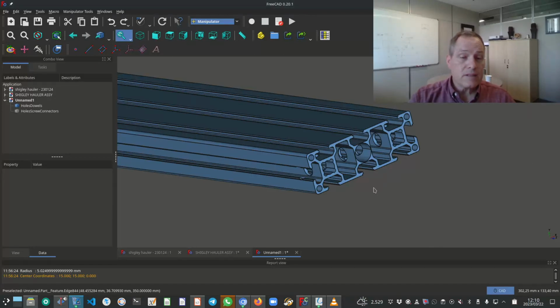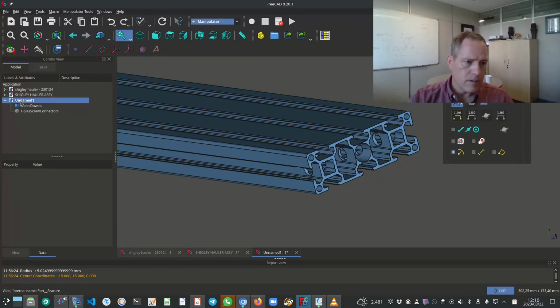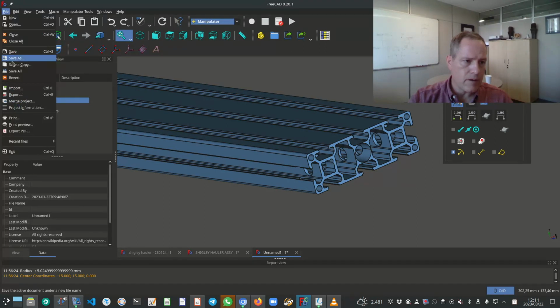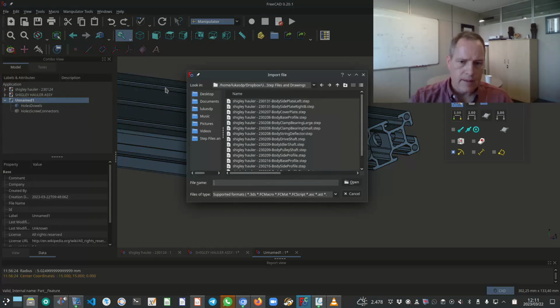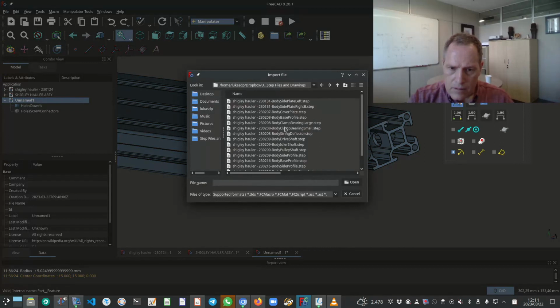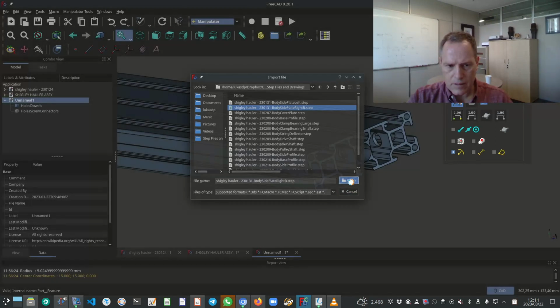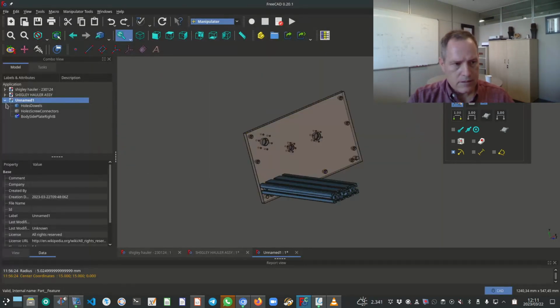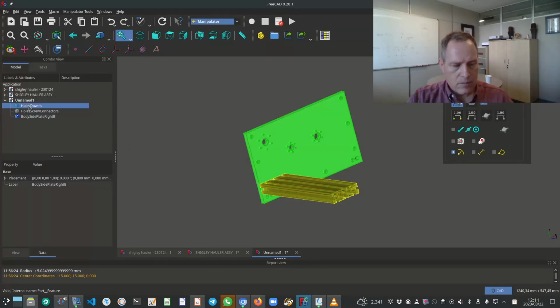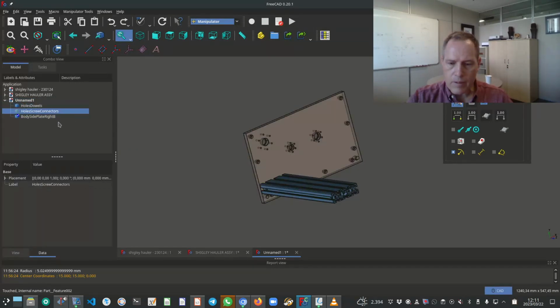Okay, so now for the second component that you will dimension, the side plate right. What we do in our created document, we click File, Import, and we import side plate right B step. Okay, so if I open that, now you can see I've got 2 components that are visible, 1 component that's